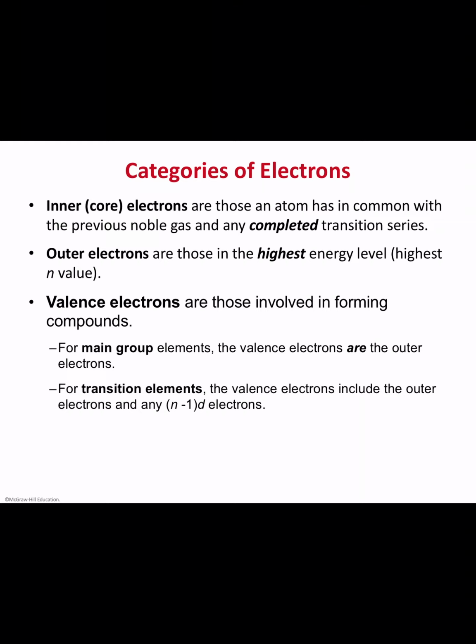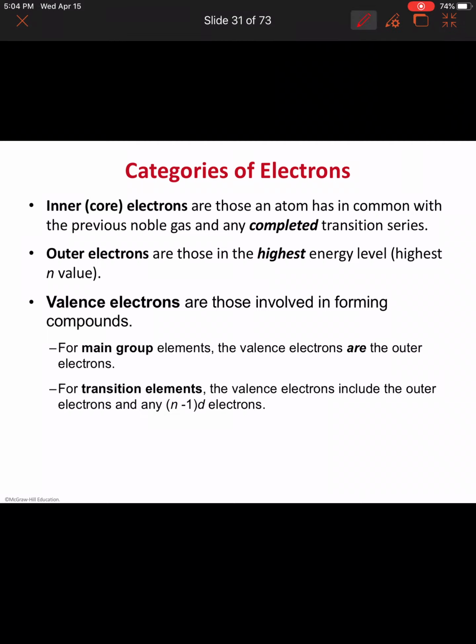And then we have another category that is called valence electrons, and they are the ones that are involved in forming compounds. For main group elements, remember the main group elements are the ones that we consider S and P block elements. The valence electrons are the outer electrons. If you have any S and P, they are going to be the valence electrons for main group elements. And for the transition elements, which are again d electrons and f electrons,